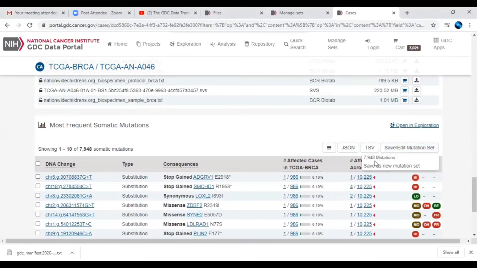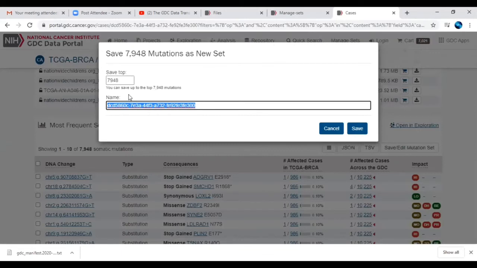For example, save how many data set it has been saved. It is saved overall, all the data, 7948 mutations are there. I will just save as a new mutation set. So you can rename this data set, for example, mutation in breast cancer.